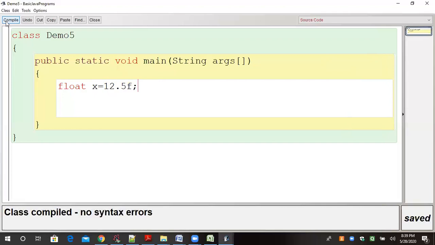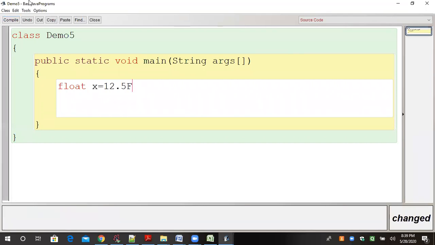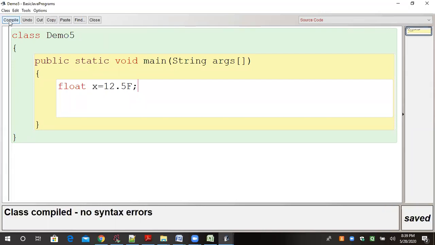So, what is the conclusion of the story? Whenever, from this lecture to board examination, you want to store any fractional value into a float, you have to put a small f or capital F. Both are acceptable. Are you all right? This is clear to all of you? Can you please answer?